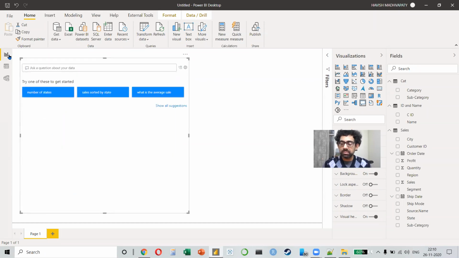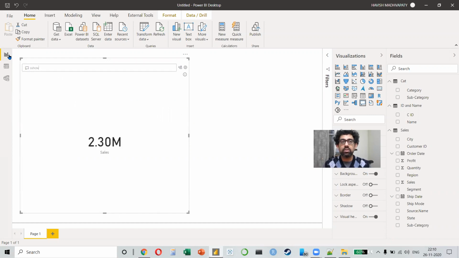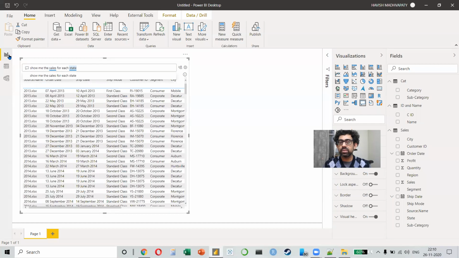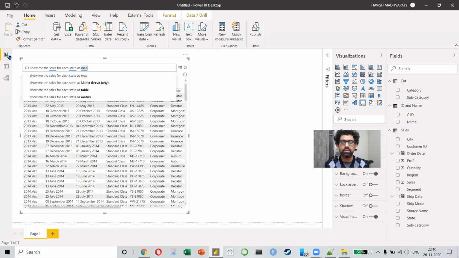Let's ask something else. Let's say show me the sales for each state. But it doesn't work properly, right? That's okay. As a map, that's not working.